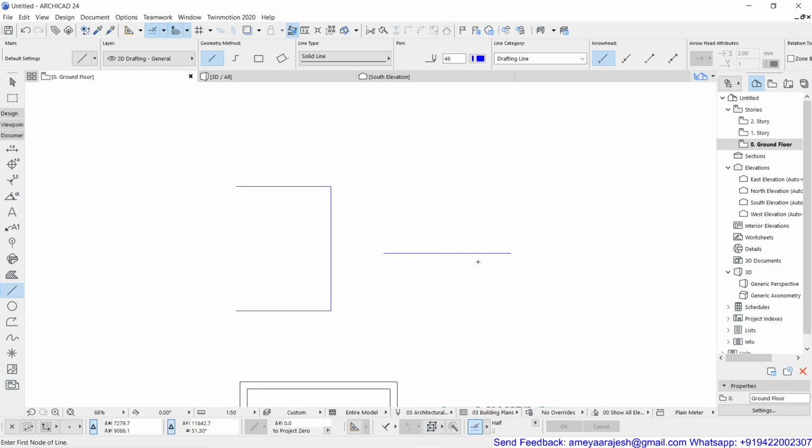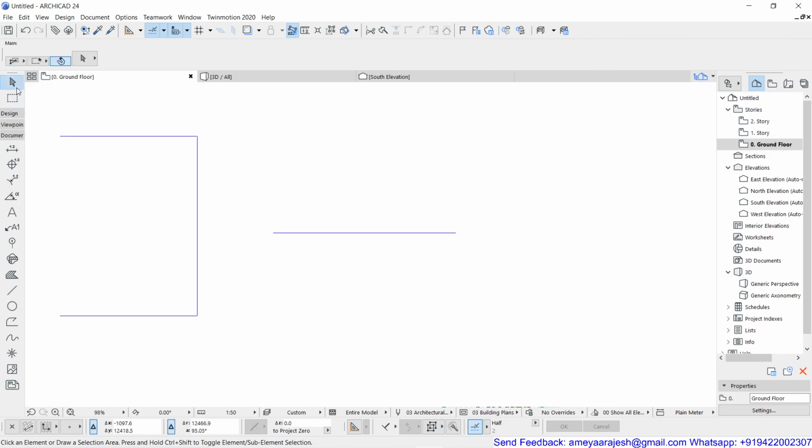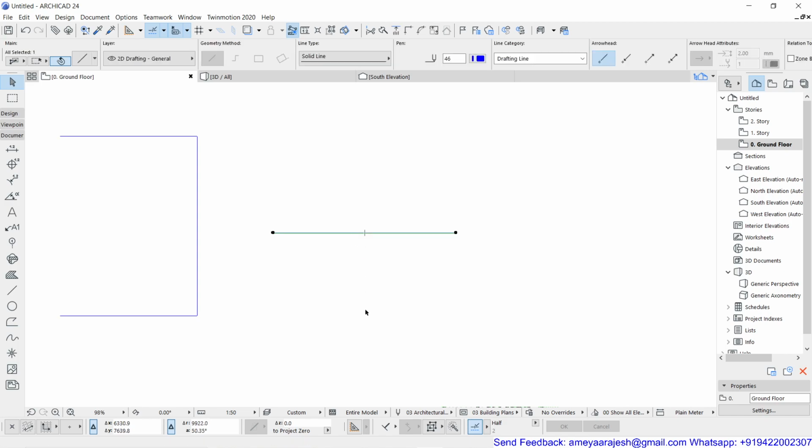Okay, now this line which we have placed, if you select this, it's nothing but a single object, correct? Now because the solid nodes are there, if I use copy, that is Control Shift D, and if I copy this object, say maybe 1 meter away, now there is one more segment.